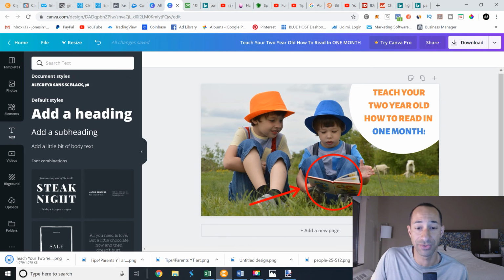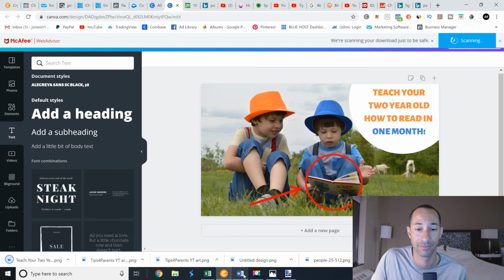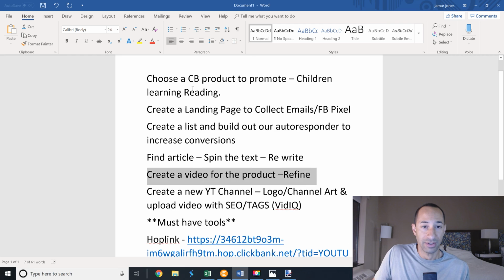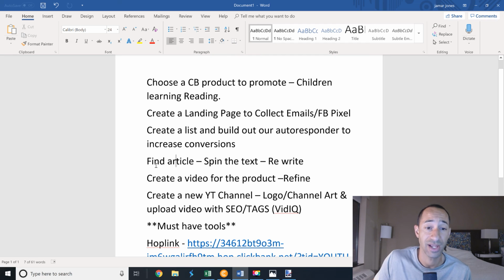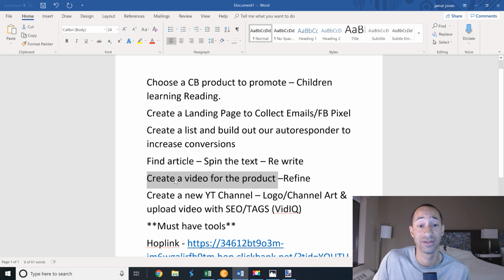Okay, so we'll do a quick review. We're getting to the end of this. We chose our Clickbank product. We created a landing page to collect our emails, attached a Facebook pixel onto it. We created a list, and we built out our autoresponder to make sure we increase our conversions. We found an article, we spun it, we rewrote it, and then we uploaded that text to a video editing software,